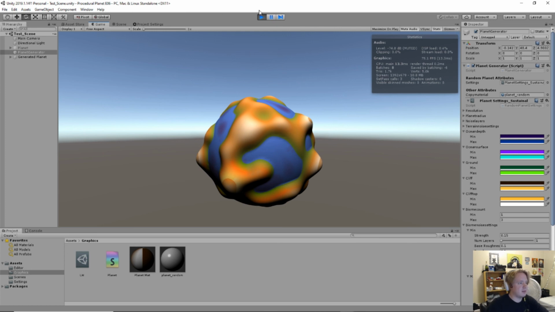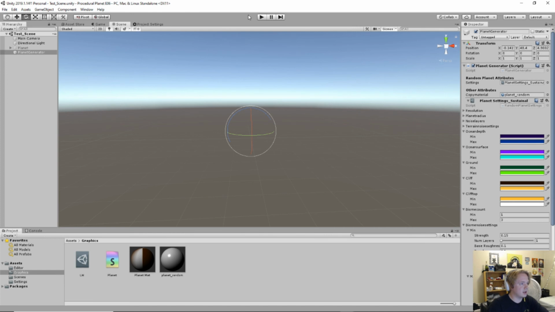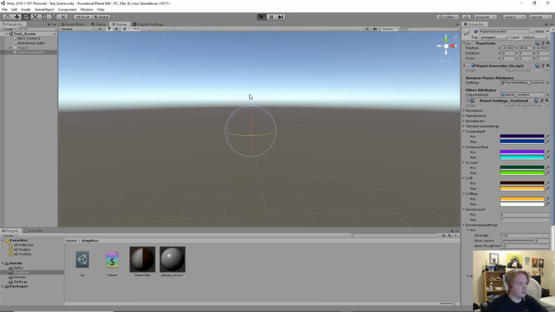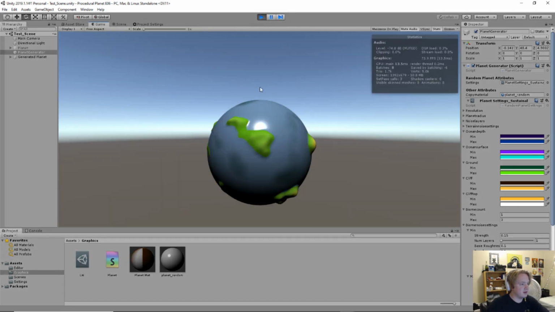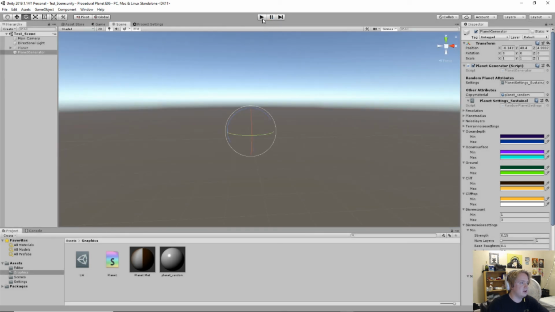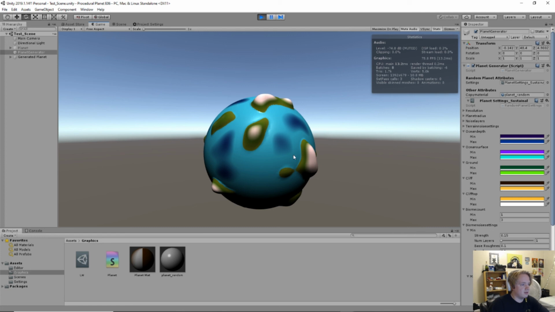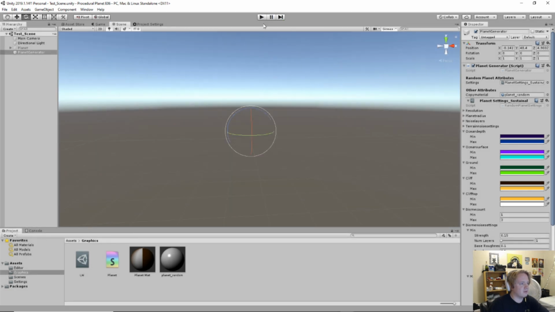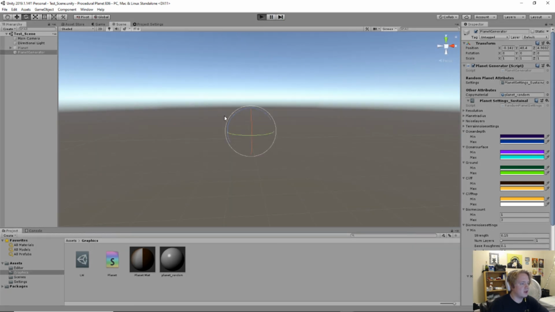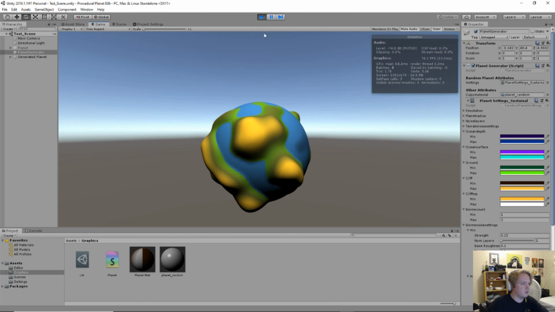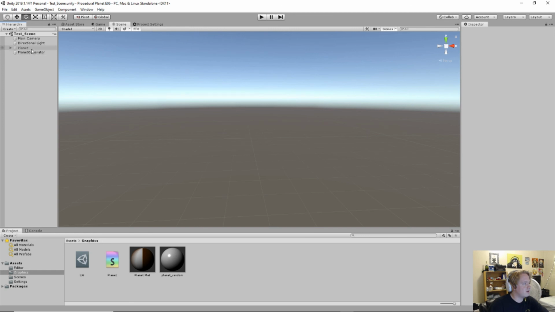So yeah, it's not perfect, and it's not like the most amazing looking planets ever, but you can get a decent amount of variety. Like here's one with not very much terrain. The other one had some smooth terrain. This one has kind of like weird ice grass mountains or something. We run this again. So this one's kind of cool. So yeah, got all this stuff here, and then one of the last things I wanted to do for this